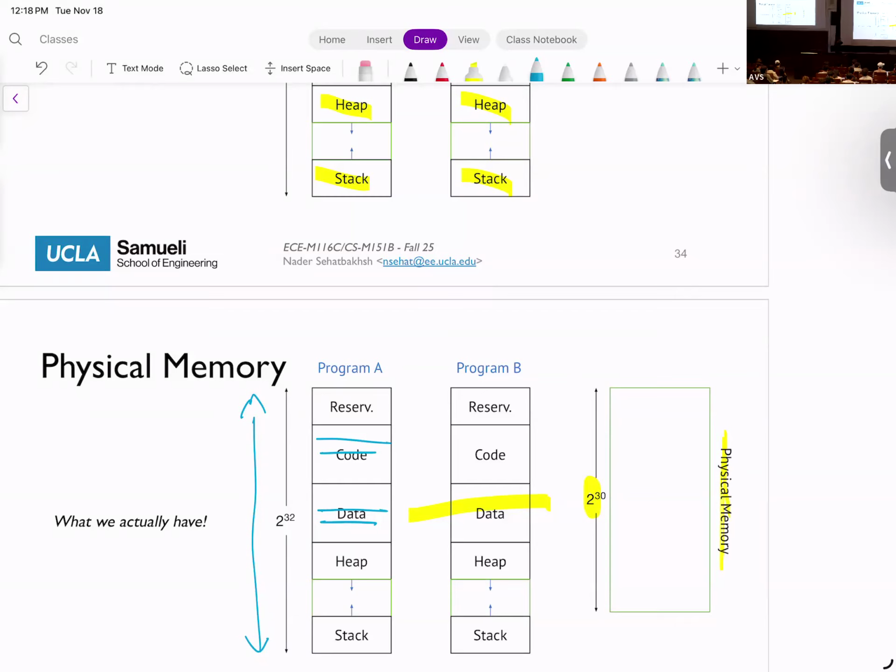Yes? Is the number of bytes assigned to a program's data section fixed in advance? So you're asking whether in this initial assignment it is the same for every program? No, it's different. For example, you might have a program that has lots of data, and the data section might be huge, like when you're loading a large static array. In that case, your data section might be big. That's why, for example, when you're loading MATLAB, it takes 100 years, versus loading Chrome or whatever, which is instant, because the amount of memory that it loads is different.